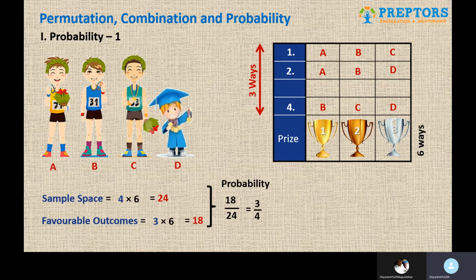This is how you apply the formula of probability to the different questions. So obviously now whatever you have done so far based on permutation combination will also be coming into the picture, and then you are going to do an additional working of figuring out the probability part as well.